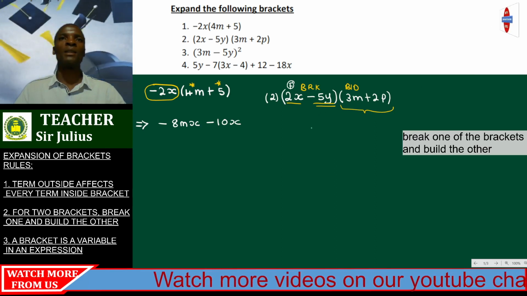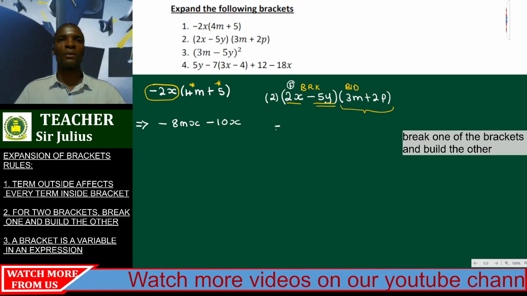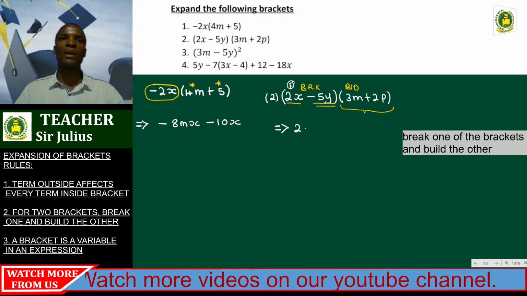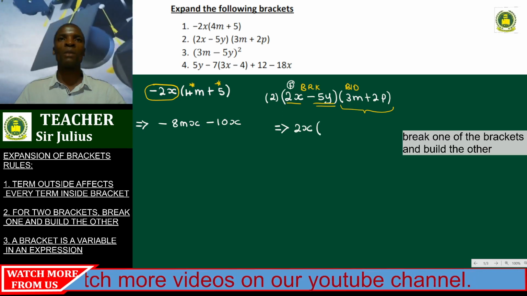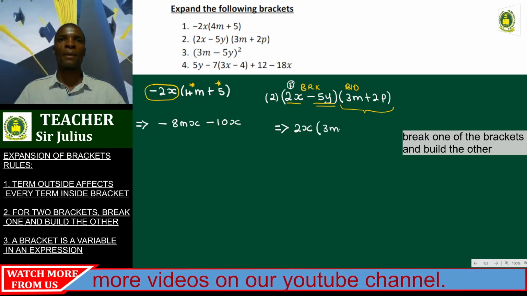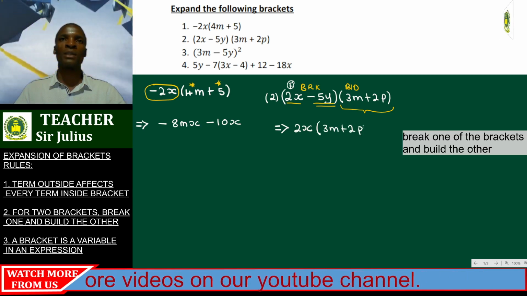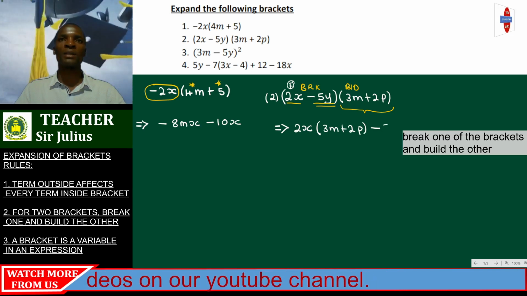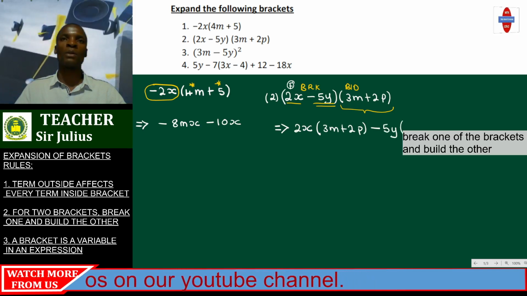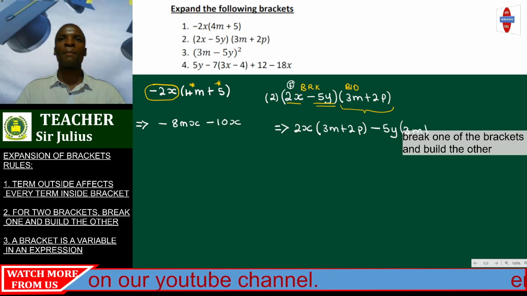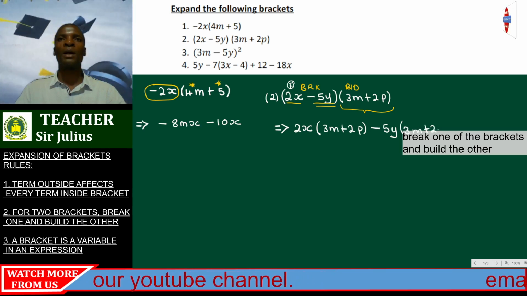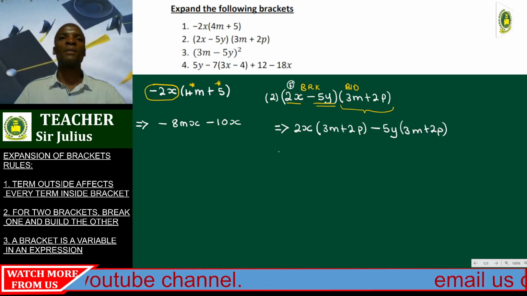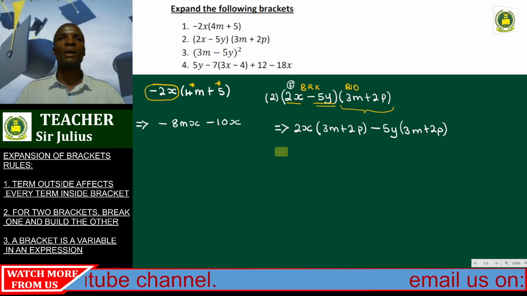In practice, this means we put our stage, and then 2x, which is the first component of the first bracket, is going to multiply 3m plus 2p, which is the second bracket as a whole, and then minus 5y, which is the second component, we will multiply 3m plus 2p as a whole. Forgive me for this. Okay, and then from there we are going to be applying